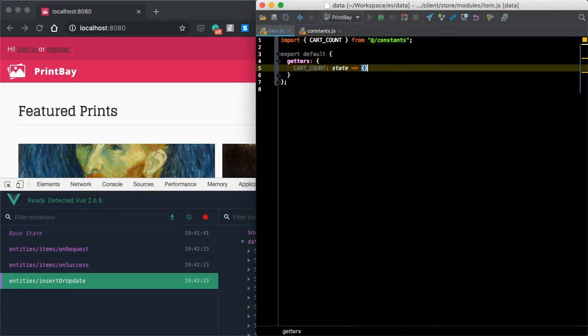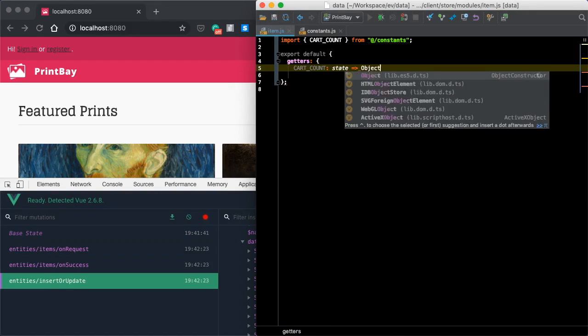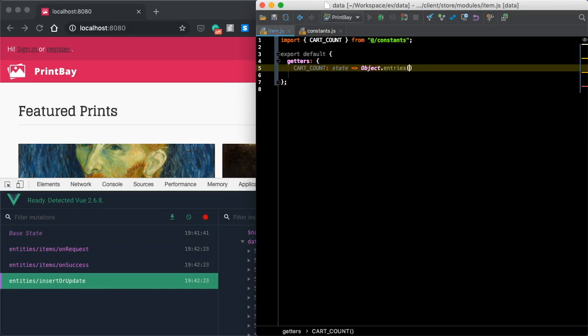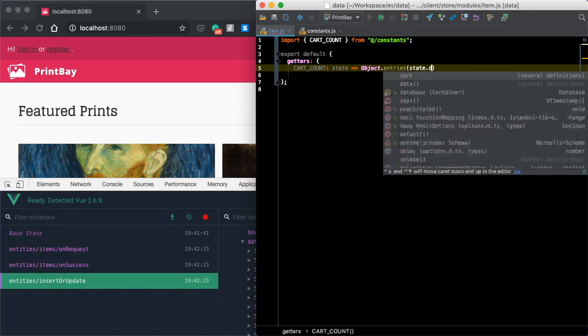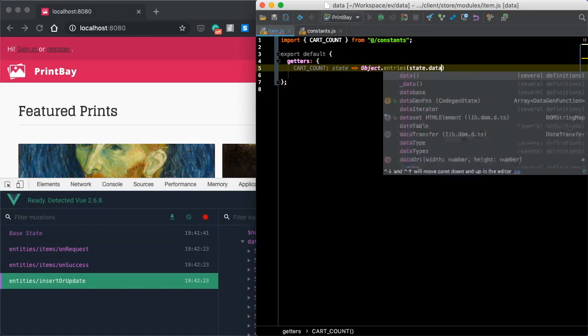Coming back to our getter, let's return a call to Object.entries on state.data. Now what this does is it turns our object of items into an array of items. We do this so that we can iterate the items more easily and extract the cart value from each one. So the next thing we'll do